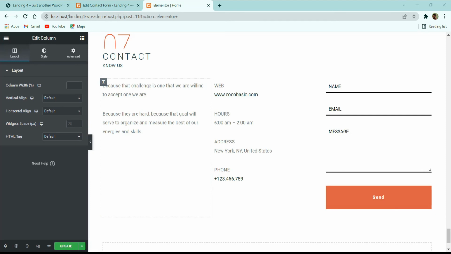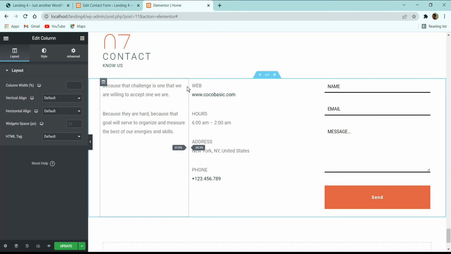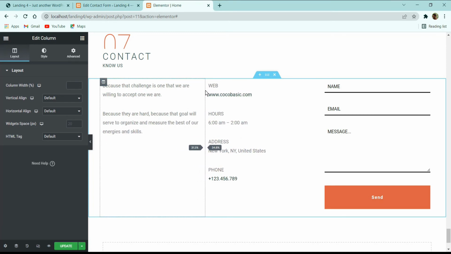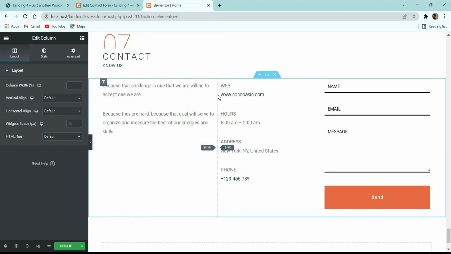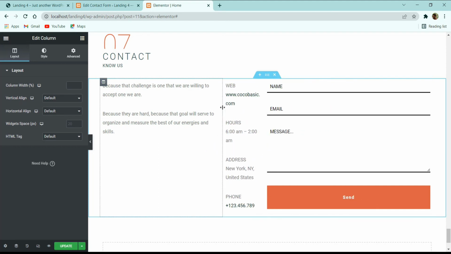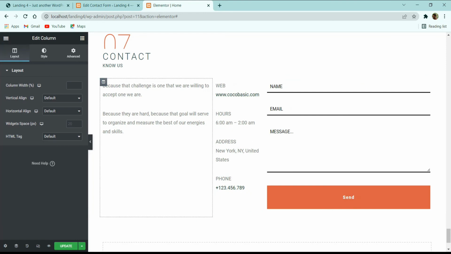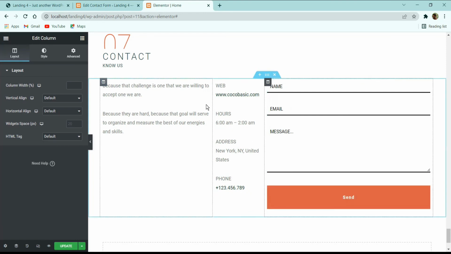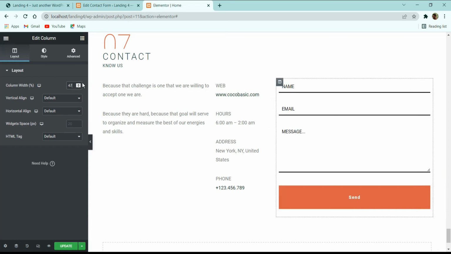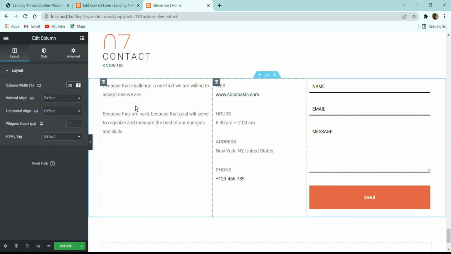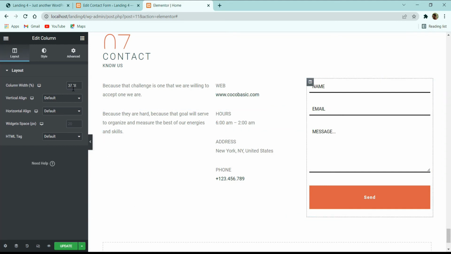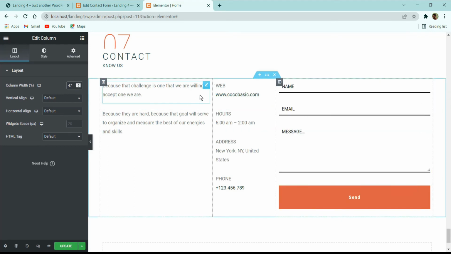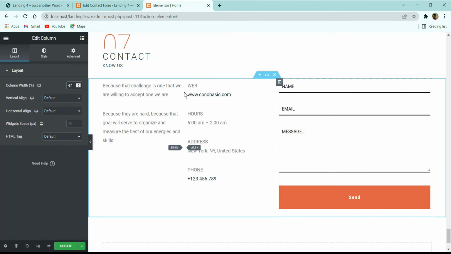For the first column, let's set this second column which I want to give it. For the second column I just want to give it 28. So let me give it a 28, and for this one I just want to reduce. So let's start from here. For this again I want to give it 46, 47 will be fine, and then for this one 28 will be okay. So let's start from here again. I just want to give it 47,